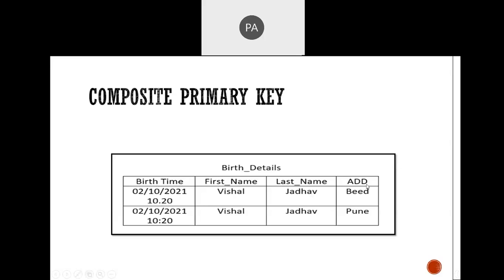So there's a rule of the composite primary key. We can apply the primary key on two or more attributes at a time. It is not mentioned that we can apply it on two columns only. We can apply it on at least two, and at most as many as you need, so there is no restriction. So this is about the primary key and composite primary key.